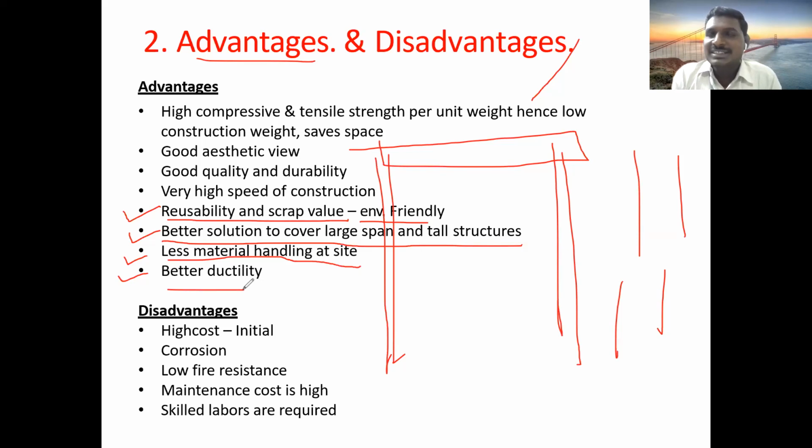So if we see the disadvantage, then we will realize why we are using concrete more than the steel. So the major drawback of steel structure is cost. The steel members are highly costly. Per kg weight is very high. That's why this is not economical. So we are using concrete structure. Got it, my friend?